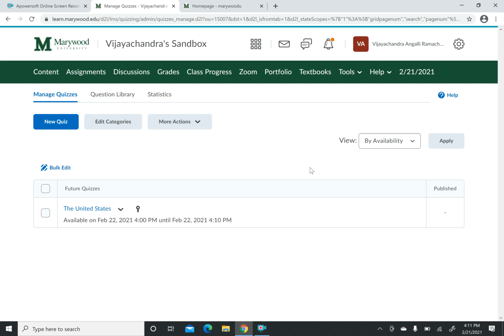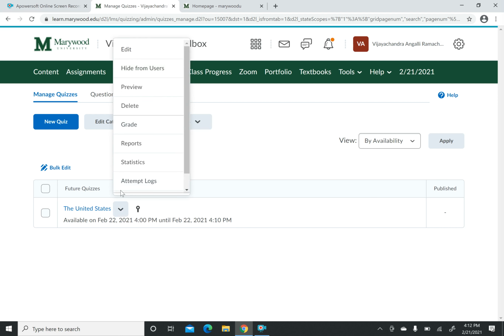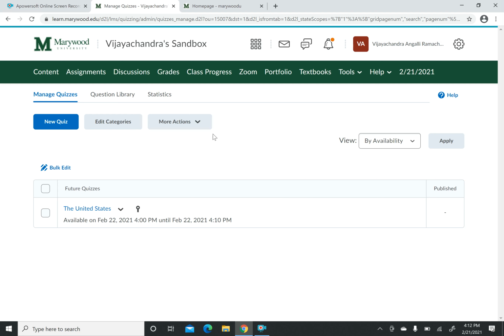It also has an enforced time limit, and the grades that they get will be automatically entered in the grade sheet. Also, you can always preview by going here and clicking preview, and you can preview the quiz. And one last thing I wanted to show you is you can go to content,